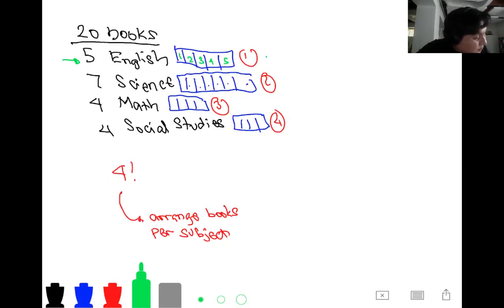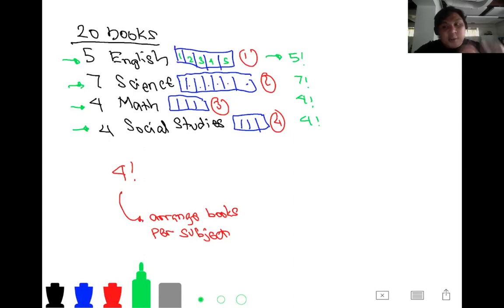Thus, among the English books, that's already 5 factorial ways of arranging them. If you repeat the same logic for science, math, and social studies, you should be able to figure out that the number of ways that you're going to arrange science books is 7 factorial. And then for math and social studies books, both of them are 4 factorial each. All right? So therefore,